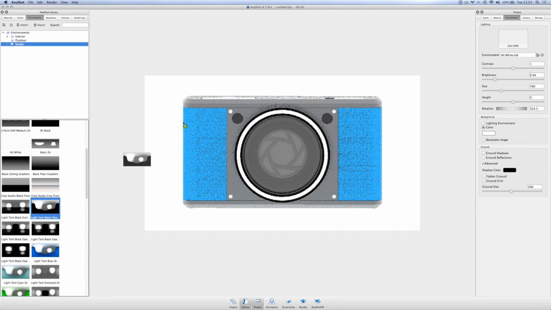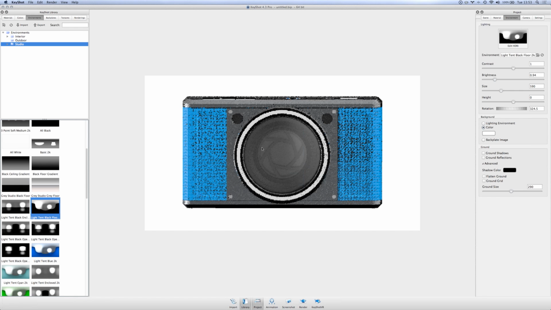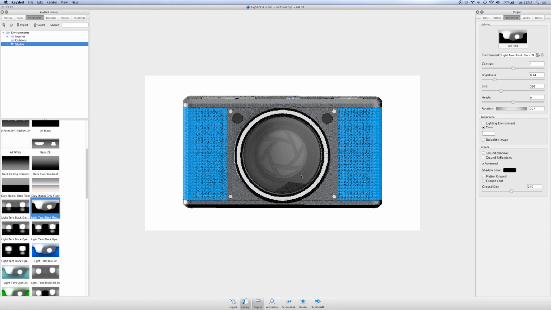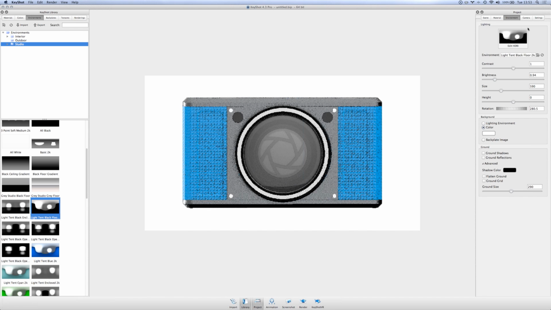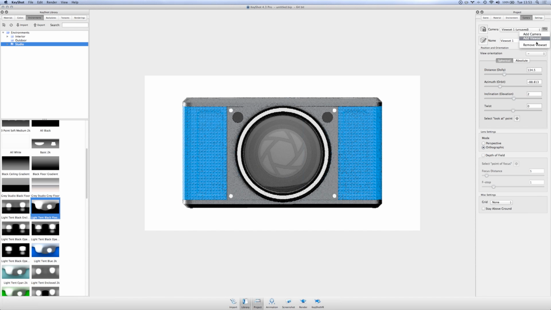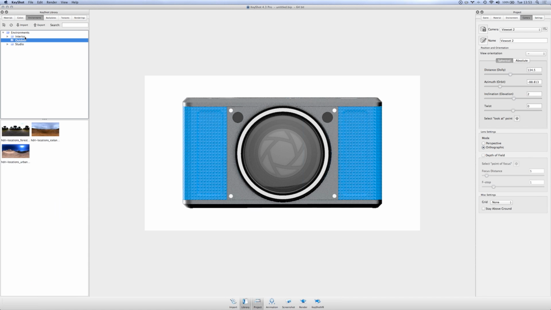And then I'm just going to change this to a different environment. Right, so now I get a pretty different look. Something like this. If I go to my camera tab, I can save out a new view set, and I'll call this view set 2, right? And just to illustrate this a little bit better, let's put this kind of into a busier